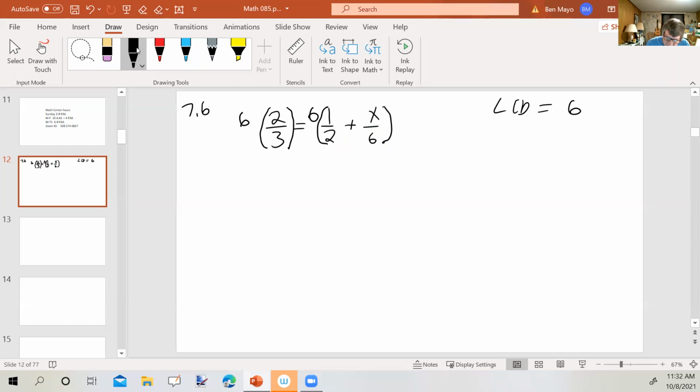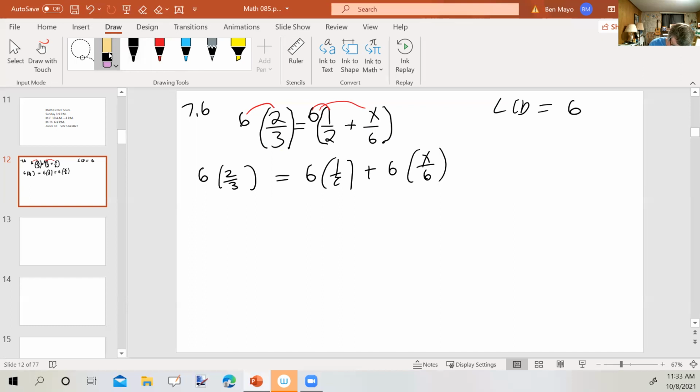So on the left side of the equation, we get 6 times 2/3. On the right side of the equation, we get 6 times 1/2 plus 6 times x over 6. Now we're going to go back through, and using that least common denominator as a multiplier, we can reduce out all of the denominators in all of the fractions. 6 over 3 reduces to 2 over 1, which leaves us with 2 times 2 over 1, which is 4,